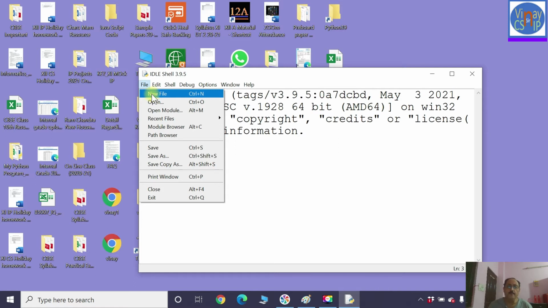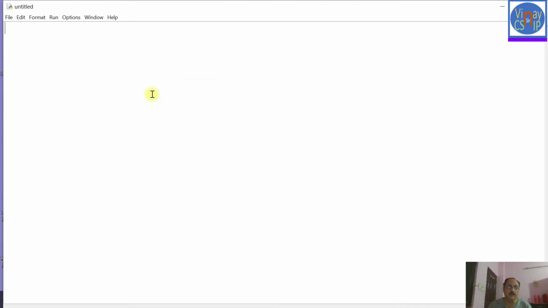So it is a program for checking which of the two numbers input by you is the larger number. Larger of two numbers is the title of this program. So here, new file,